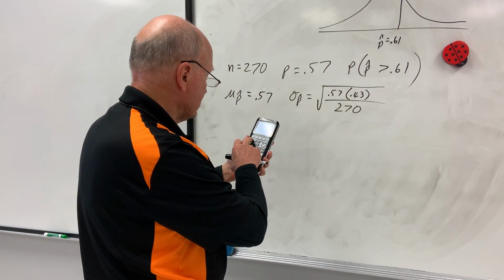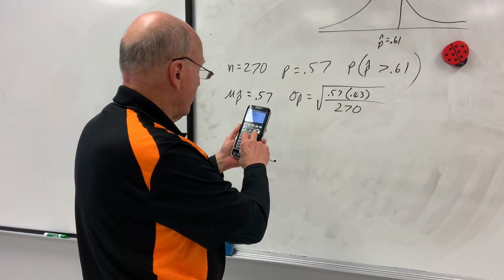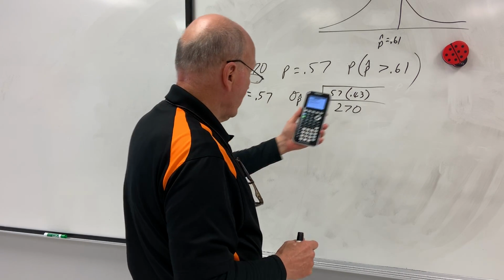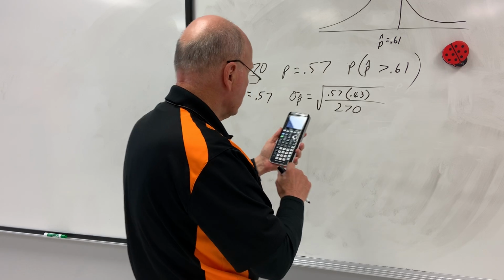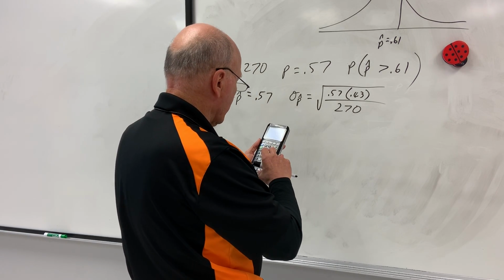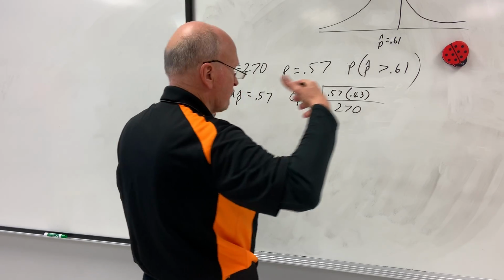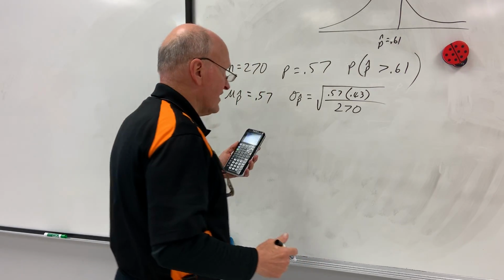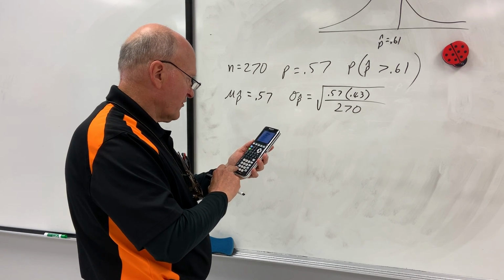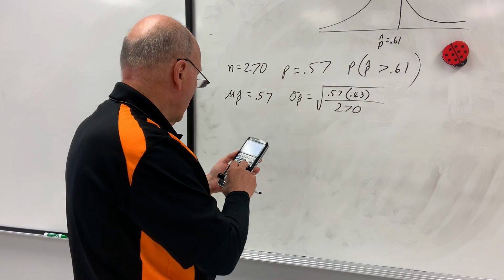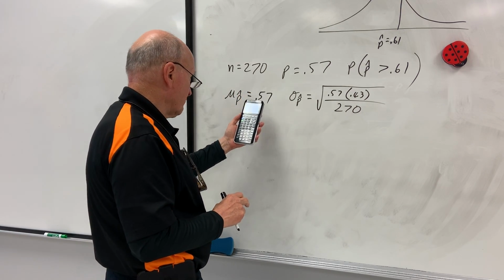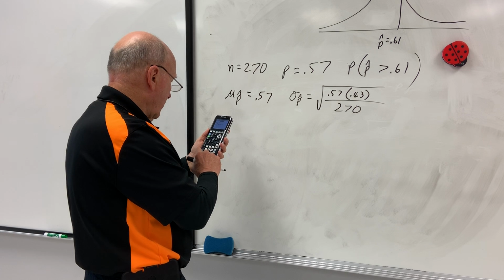We're going to go second distribution. We're coming down to number 2, normal CDF. It asks for the lower. The lower in this case is 0.61. It asks for the upper. For the upper, I just want a tremendously large number sitting out there. I'm going to plug in 100,000. That ought to be plenty large for the size numbers we're using. It wants to know the mean. In this case, that means the mean of p hat, not the original mean, which is